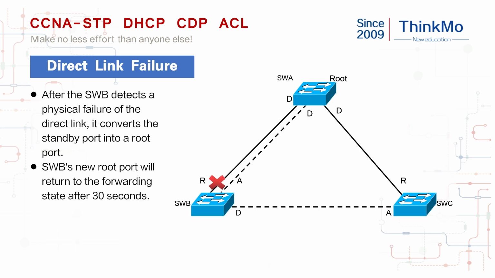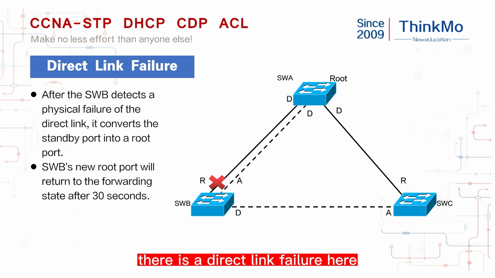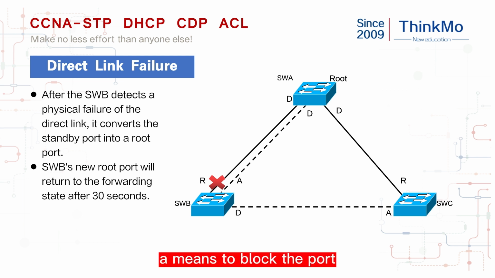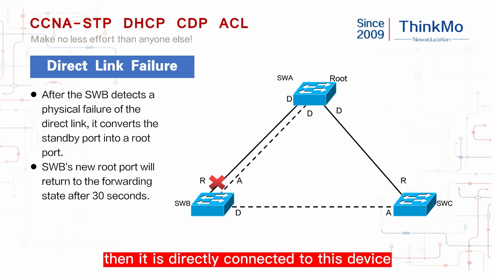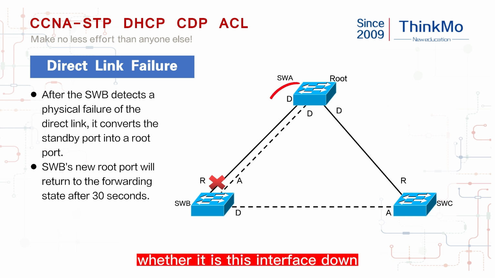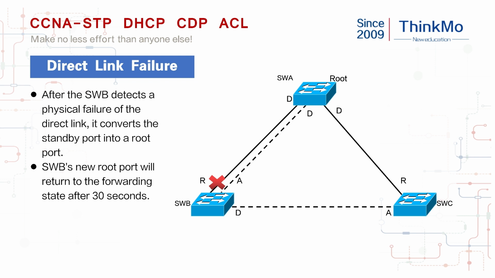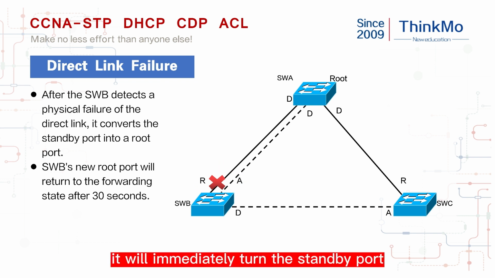Let's look down. There is a direct link failure here. A means to block the port. This port is also blocked. This topology is now blocking two interfaces. Originally this line was forwarding. If the interface is now down, it is directly connected to this device. Whether this interface is down, or this one is down, it will immediately turn the standby port into the